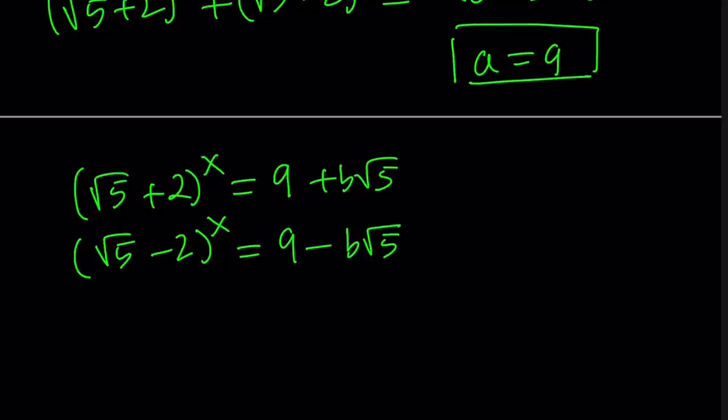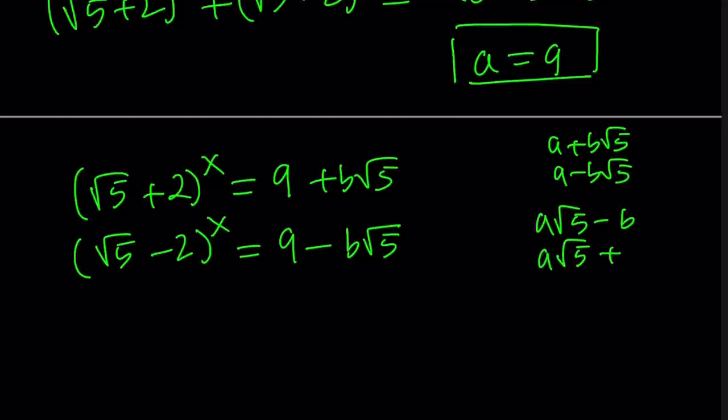Now, how do I know it's a plus b root 5, but not a minus b root 5, or something like a root 5 minus b, right? You might be questioning. If you add these two expressions, you still end up with a radical. Make sense? But you have to get rid of the square root of 5, so you can end up with an integer like 18. That's why we have to write it this way. So now, instead of